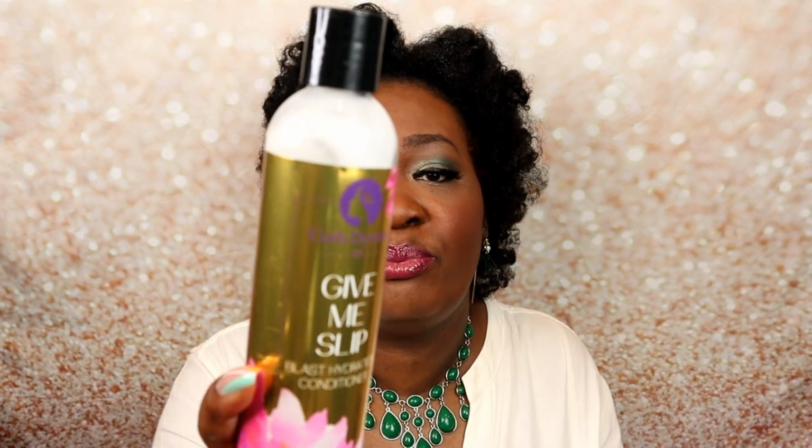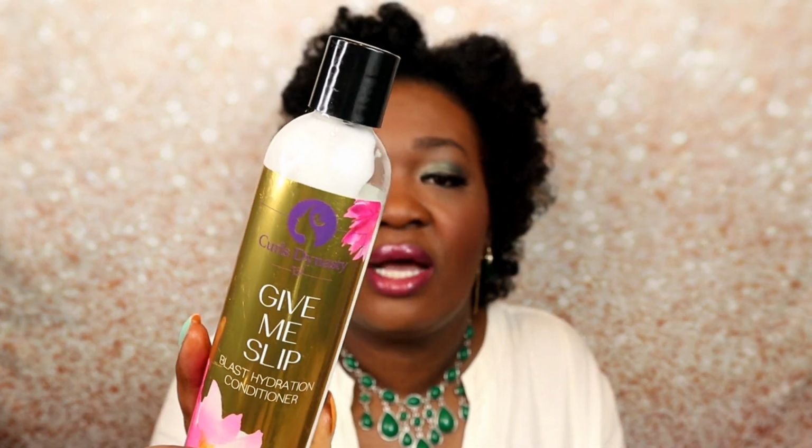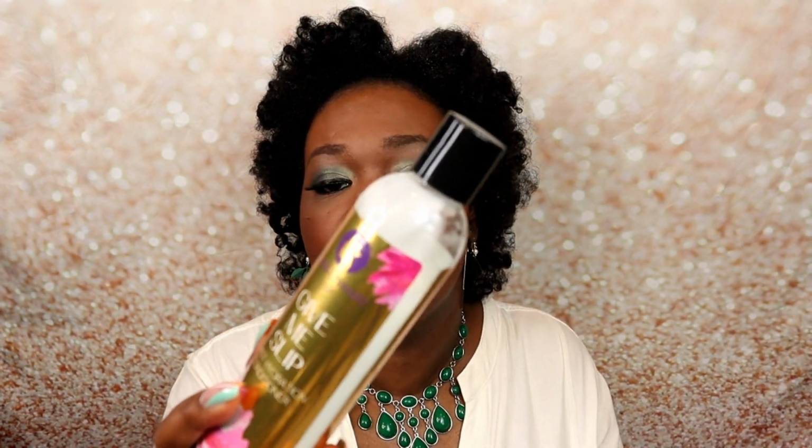Gentle cleanser, powerful moisturizer, hydrates and softens. Melts away knots for easy detangling. Promotes manageability, healthier hair growth, and retention for all hair types. Works great for dry hair in need of oil-free moisture and hydration, and superb detangling benefits. Okay, it comes like that. This is an